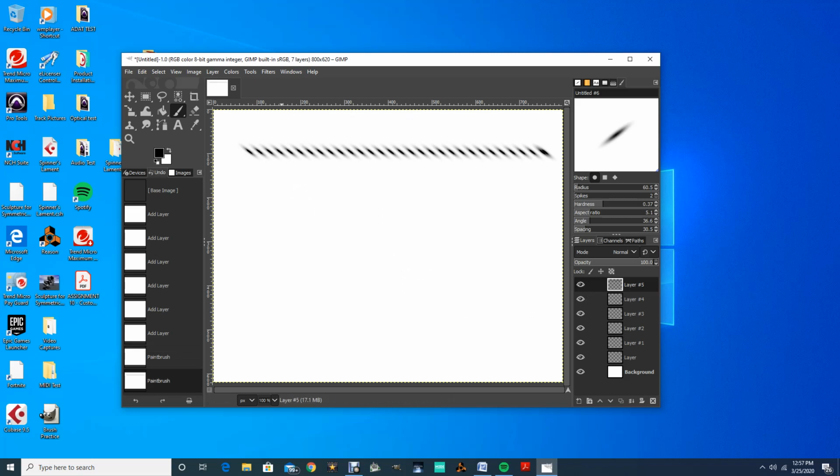So that'll be my first brush, and I'll call that feather, or feather in my cap. It looks kind of like a feather, right? So feather would be a good one for that one. Okay, now we're going to go to the next layer, which is layer 4, and we're going to create a